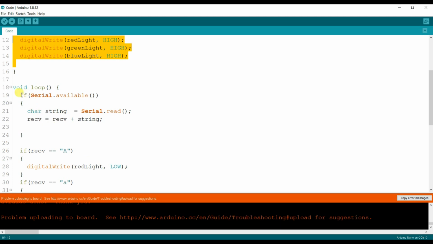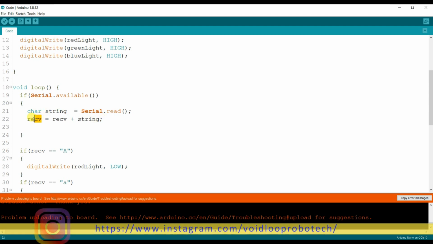Here it will check if any data is available in the controller serially from Bluetooth, so it will read it and store it in the string variable, adding all characters.